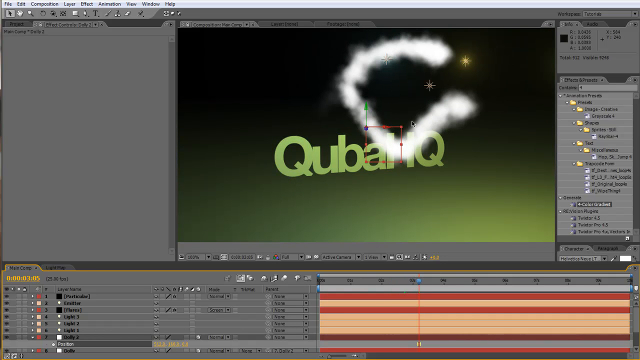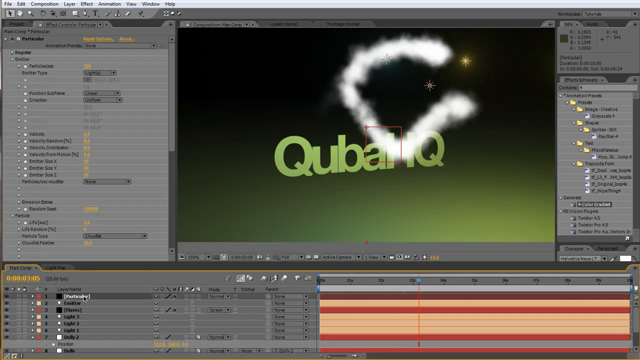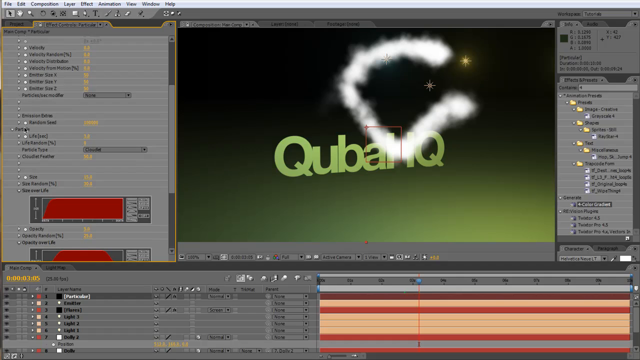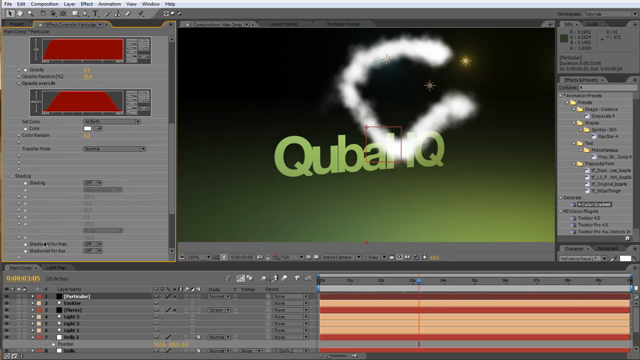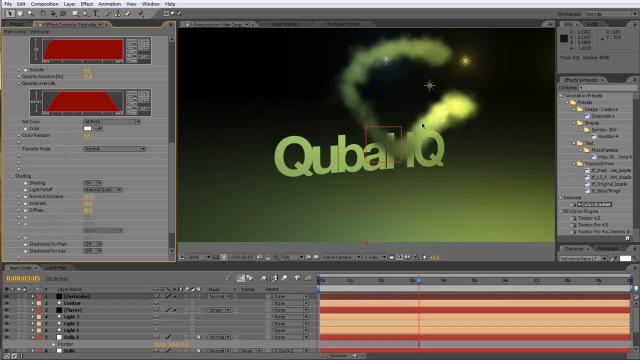So right now the particles are not reacting to the lights, and they will not unless you have Particular version 2. Fortunately, that's what we're working with in here, so let's set it up. Shading. Let's open shading, turn the shading on, and you can immediately see that we're starting to get some sort of